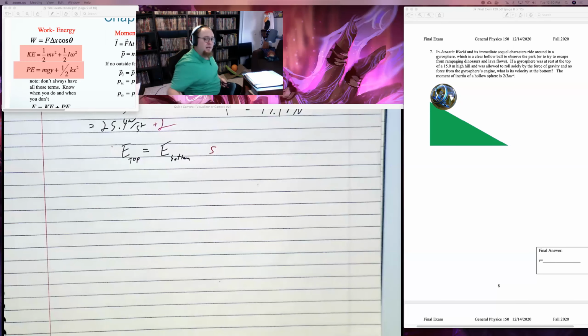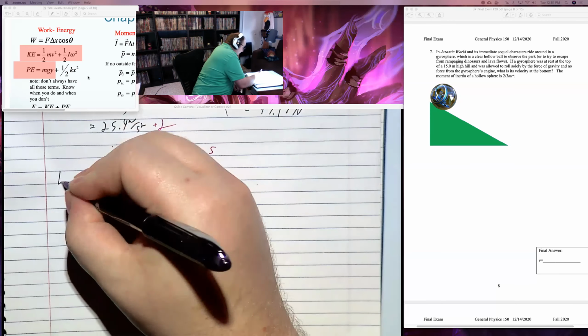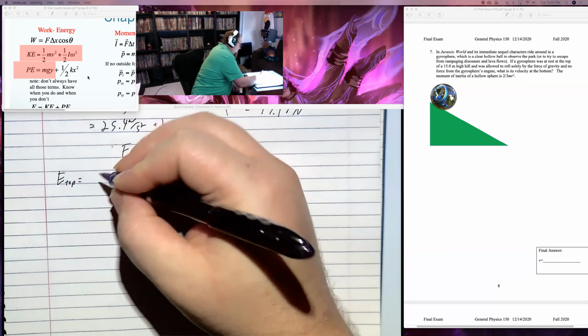And what I'm going to do is take my 4 terms of energy and figure out which ones I need. Now in this one, there is no spring. So I'm just going to move that out of my area. Say, I don't need that. There's no spring. If there is a spring, there's no rolling. Get rid of the 1/2 I omega squared. And I'll say at the top, it starts at rest. That means the energy at the top is just potential.